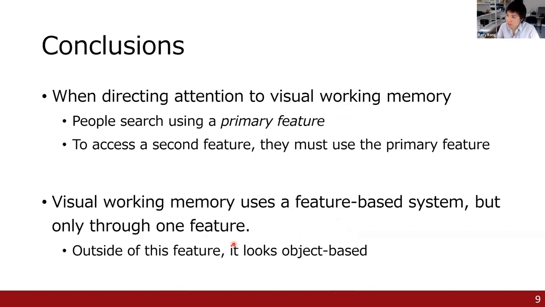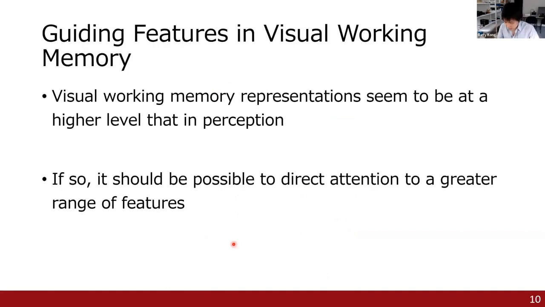So from this experiment, we concluded that when directing attention in visual working memory, people searched using a primary feature, but after that, it is object-based. So if they are still using features, but objects are closer to the surface than in perception, at least, then theoretically speaking, it should be possible